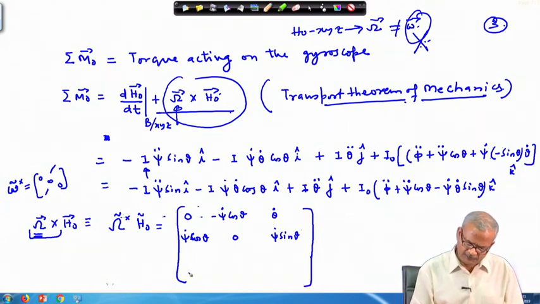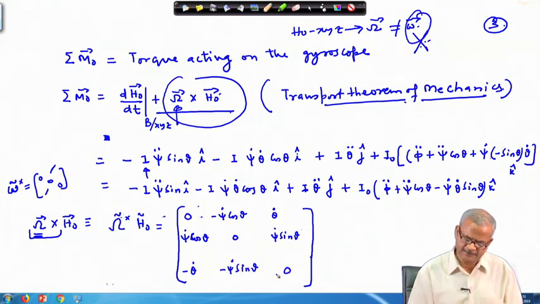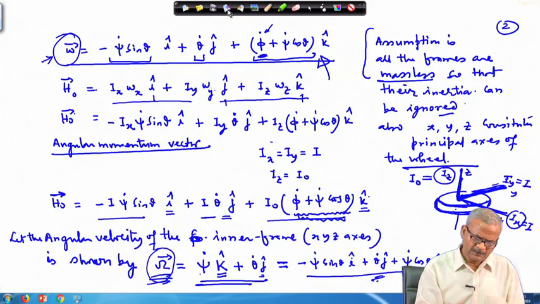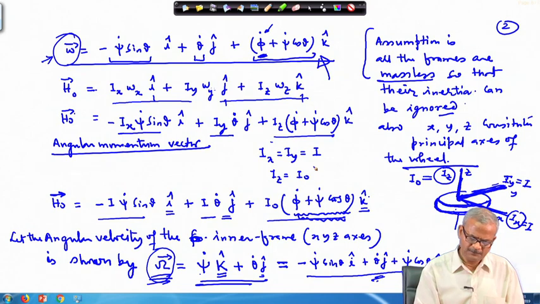Okay. And just opposite of this, then there will be theta dot. You can see here this is minus. So, this is plus. So, here this is with plus sign, then here it will appear with psi dot sin theta, and this is 0, and then put the H 0 components here. So, H 0 components is given here in this place. This is one part, second part, and this is third part. So, we need to